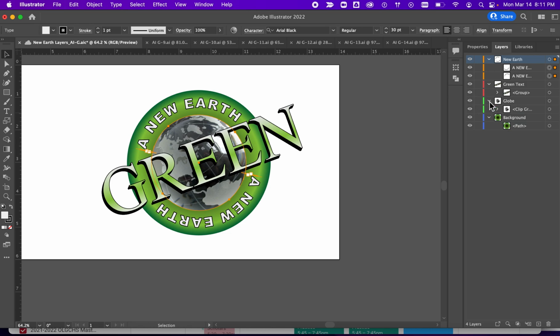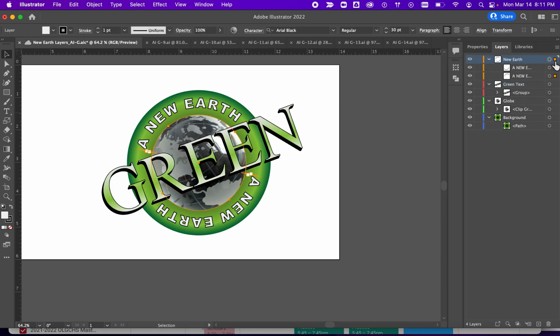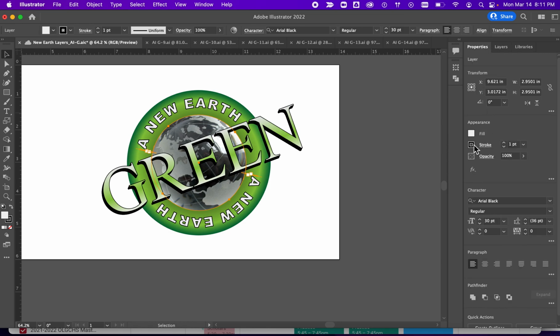Excellent. So I'm going to click the target button on the new earth layer. The target button is this little circle right here. And when you select with the circle, it selects everything in that layer. Okay? And we're going to change the stroke color of the selection to blue. So I'm going to come to Properties, Stroke, CMYK Blue,